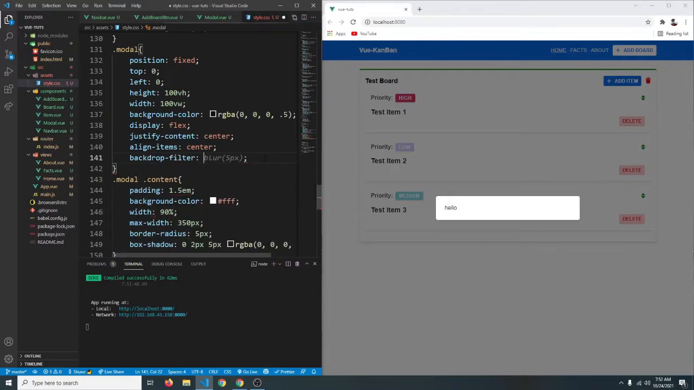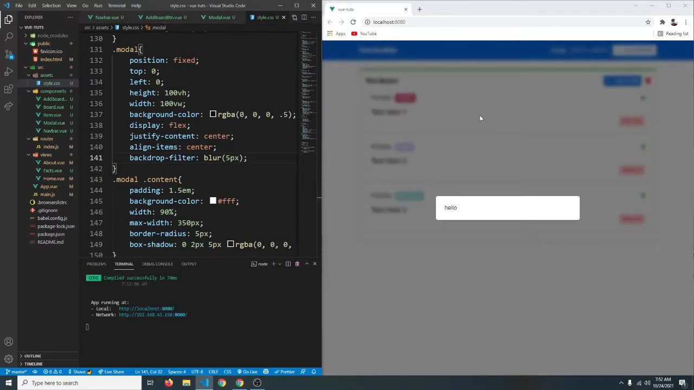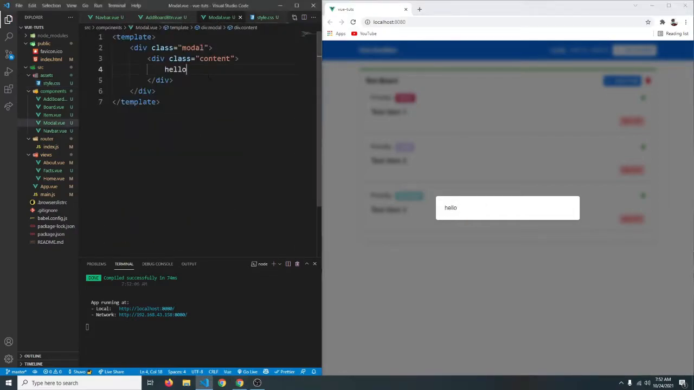And we're going to use the blur filter, and let's say 5 pixel of blur. So if we save it, as you can see, our background got blur, but our model is still on focus. So now inside our model component, let's add a title here, paragraph with the class of titles. So dot title, and here let's just say add new board,